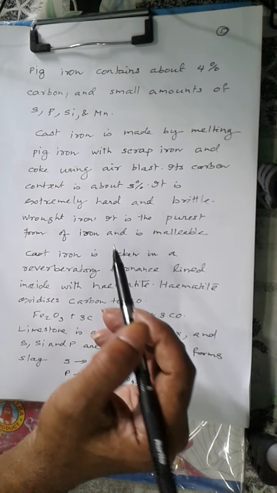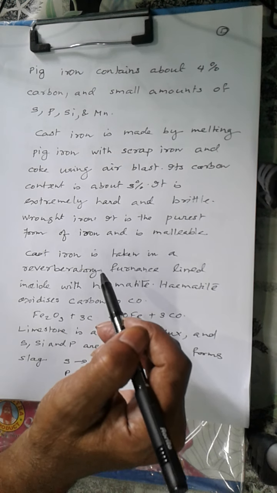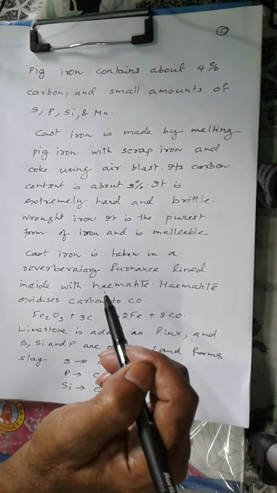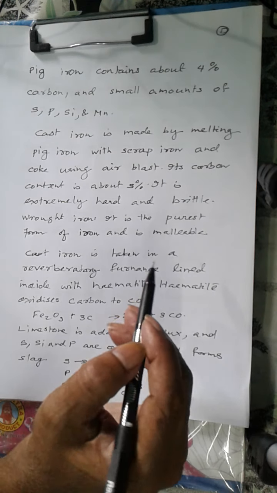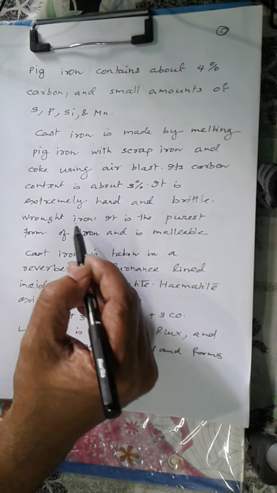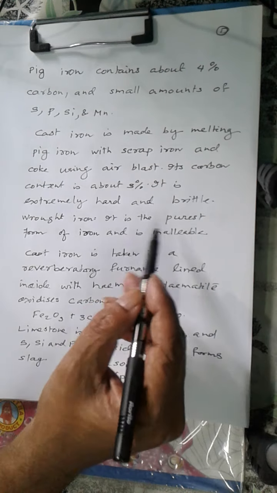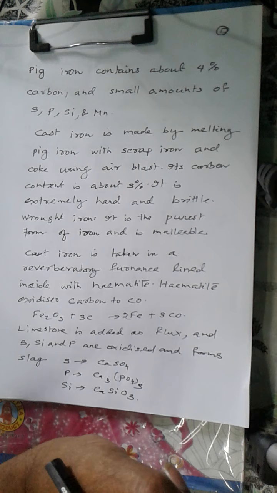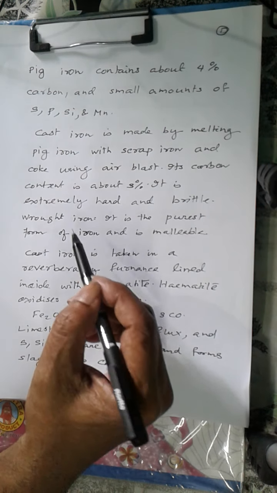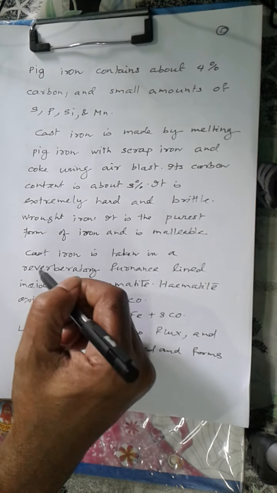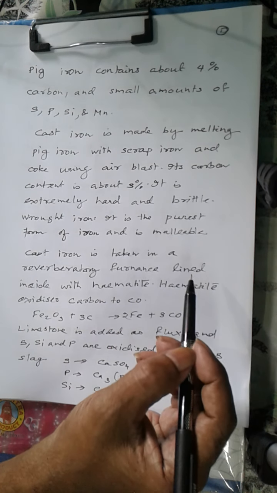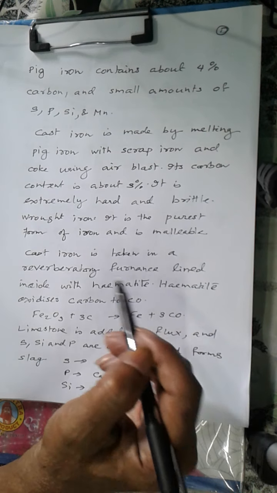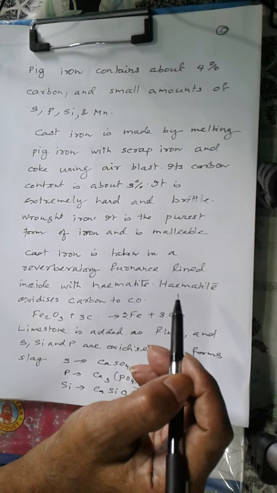Then the most pure form of iron, that is wrought iron. Wrought iron is the purest form of iron, containing no carbon at all. Now for this, cast iron is taken in a reverberatory furnace, and inside the furnace there is a lining of hematite, that is iron oxide,